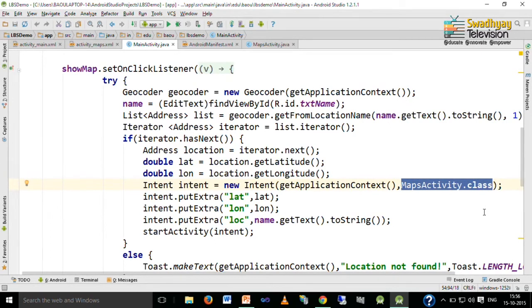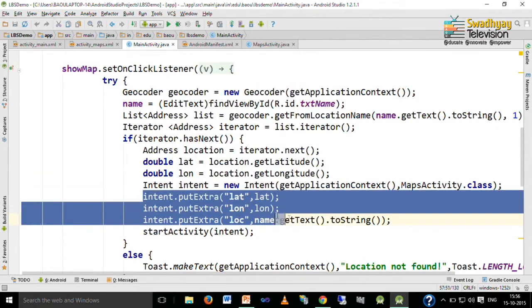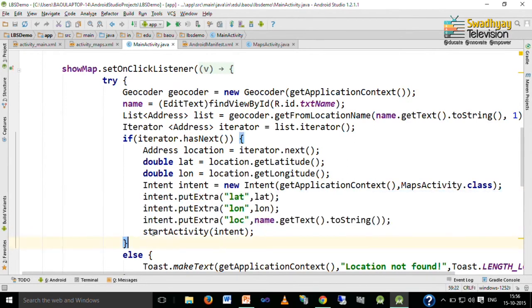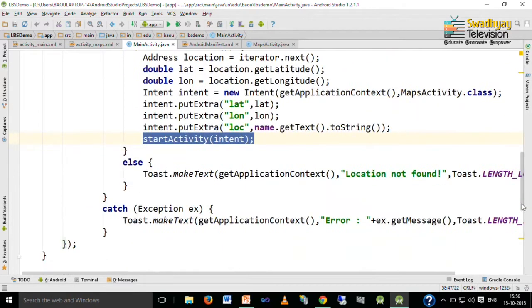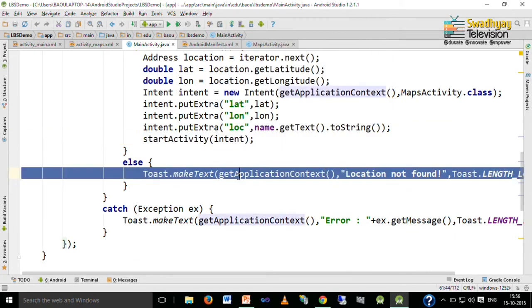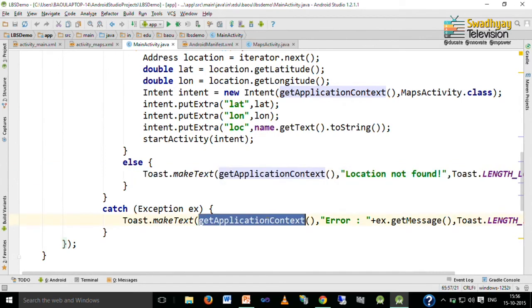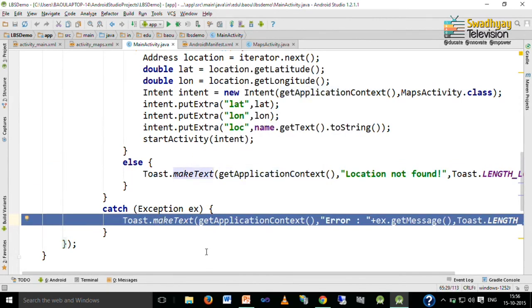In our case this is the maps activity added by our project, and finally we pass these three pieces of information, which are the latitude, longitude and name of the given place, to this activity, and then we launch start activity using the specified intent. And if our longitude and latitude are not found, then it displays a message that location not found, and if something goes wrong, then inside the catch block we display that error message.